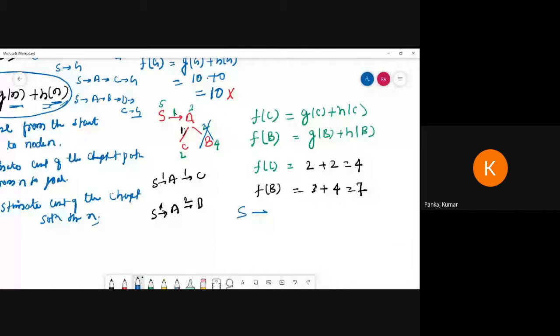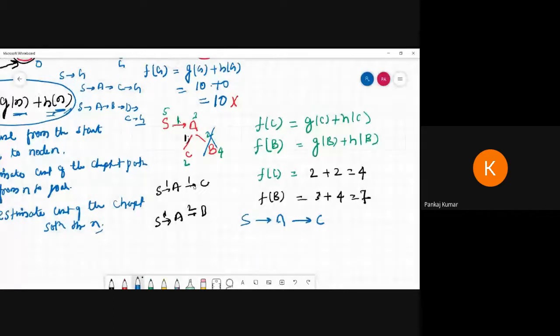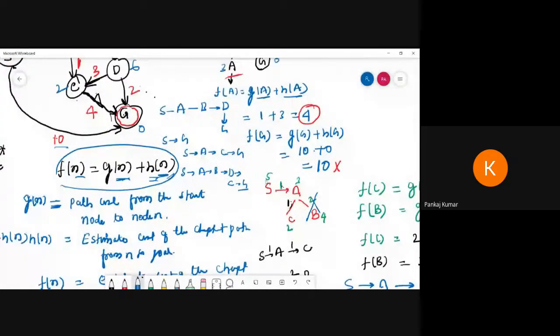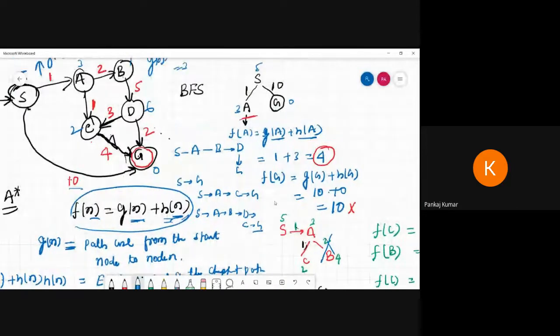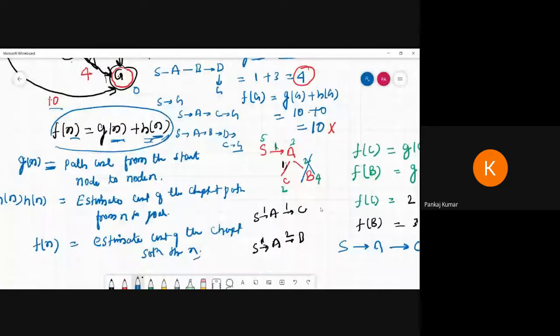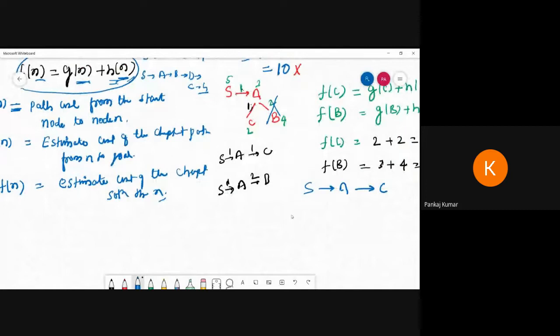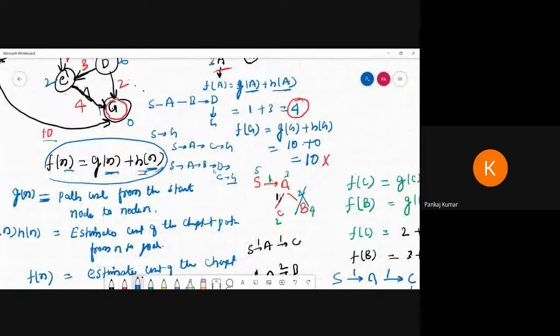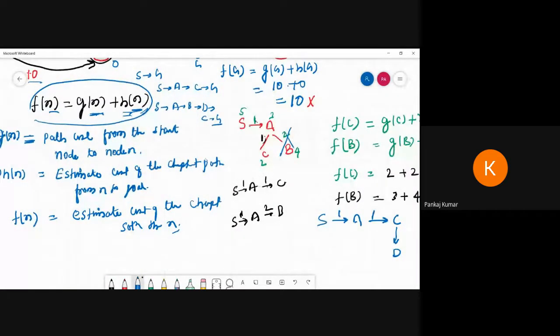I can reach C. After that, I can again explore the adjacent nodes from C. There is a possibility of C to Z, because that is a direct edge. There is no edge from C to D and the others. So I can explore like this. A to C, again I'm going to explore. I can explore only one position, to D. This one is 1, this one is 1, and there is no other option. So you need to calculate. So this one is a 4. This will be the 4.